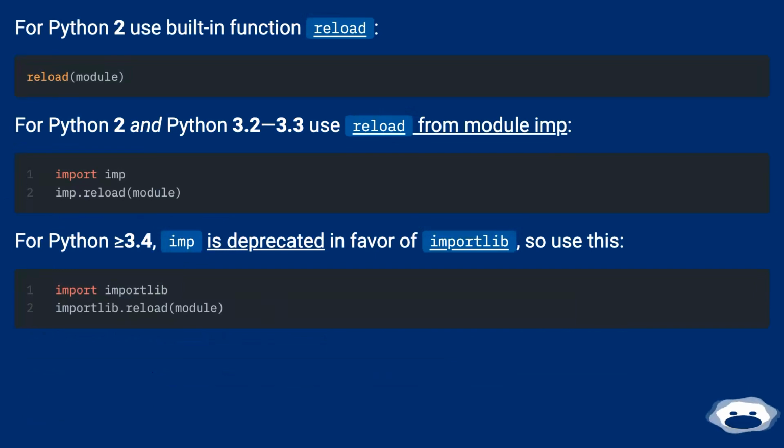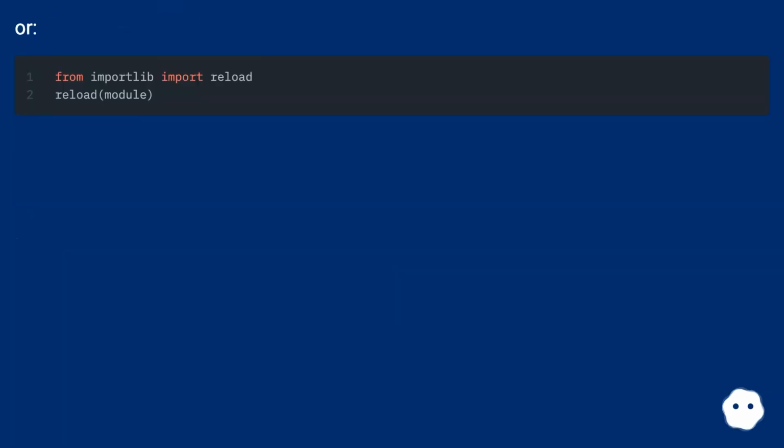For Python 2 use the built-in function reload. For Python 3.2 and 3.3 use reload from module imp. For Python greater than or equal to 3.4, imp is deprecated in favor of importlib, so use this. Or